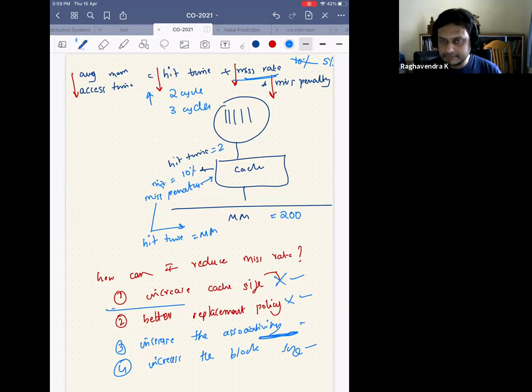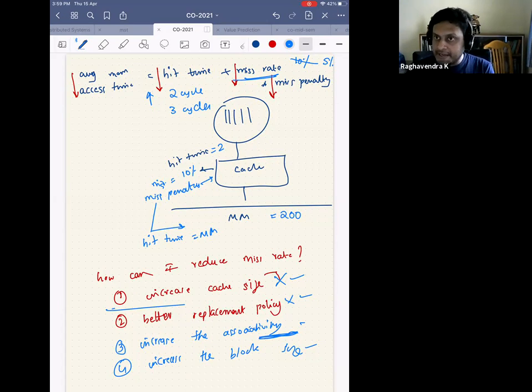Okay, excellent. This time most of you have understood. Wake up, others who are not. So average memory access time is equal to hit time plus miss rate times miss penalty. I want to reduce the average memory access time because I want to reduce the stalls in the pipeline. To do that, I can reduce the hit time, the miss rate, or the miss penalty. The first thing we wanted to reduce is the miss rate. To reduce the miss rate, I can increase the cache size, the associativity, or the block size.